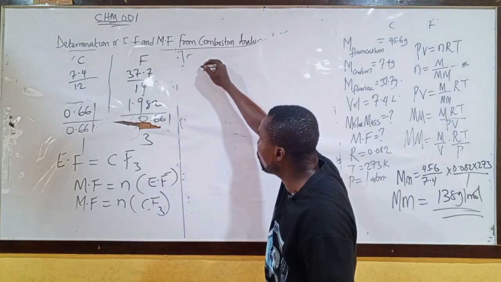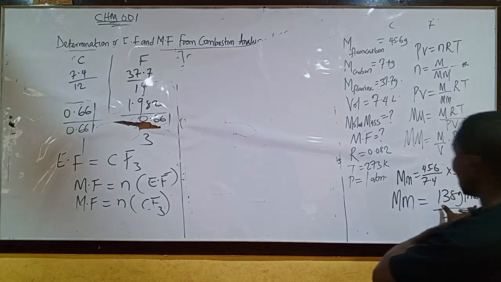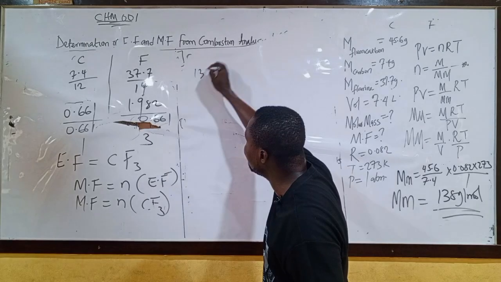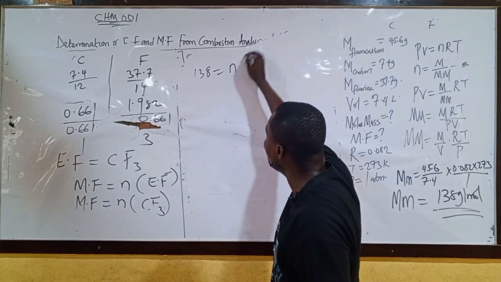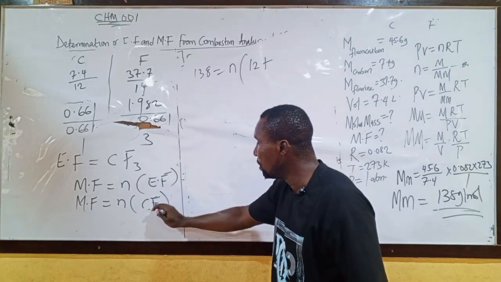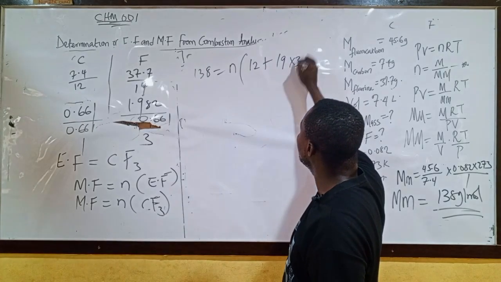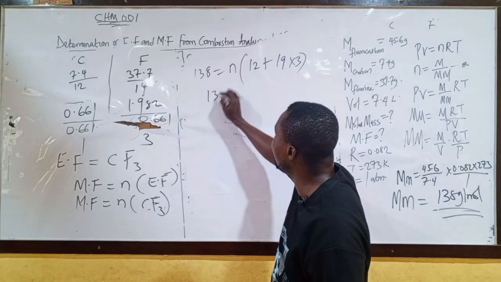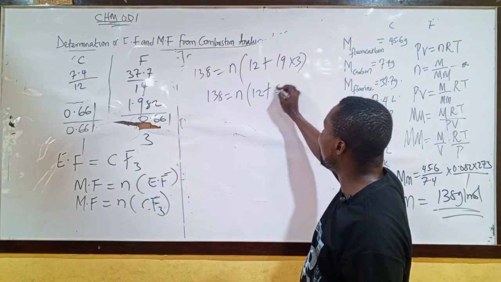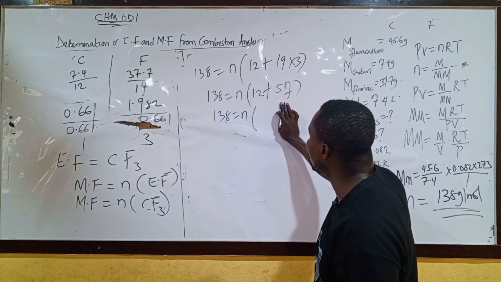Then how do you get the molecular formula? This is the formula for molecular formula, and the molar mass of that compound has been obtained as 138. Change this one. We have 138 equal to N into carbon is 12 plus fluorine. Mass number of fluorine is 19. Then how many fluorine do I have? Times 3. Then you now have 138 equal to N into 12 plus 19 times 3, which will give you 57. Yes, we have 138 equal to N into this will give you